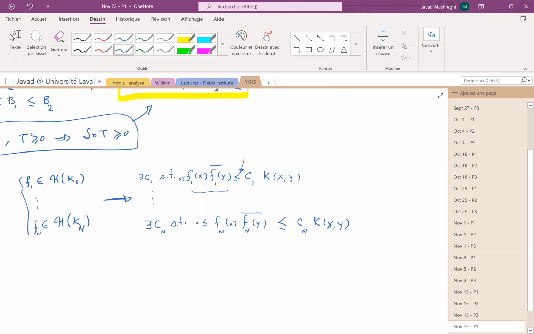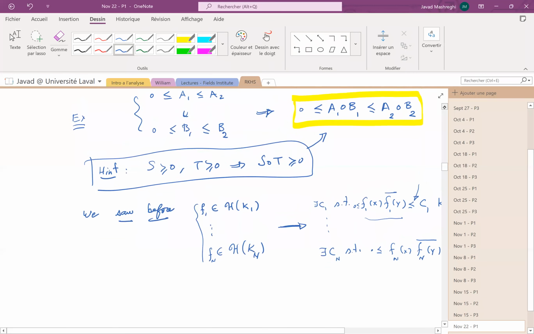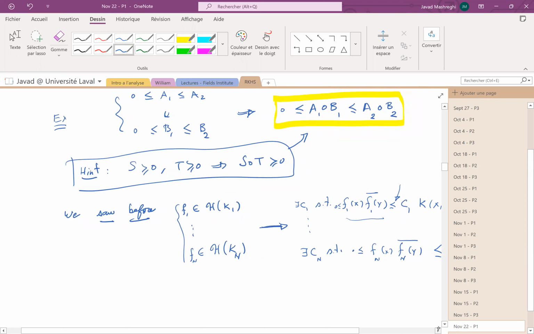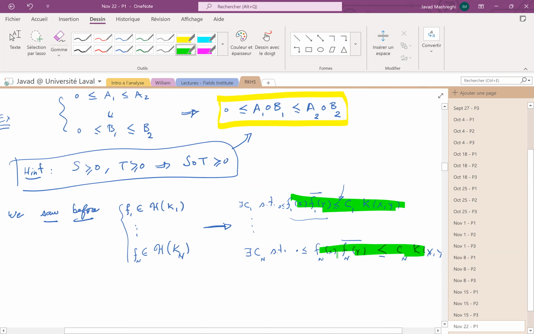But knowing this, now it's time to apply the Schur product formula here. If A1 is less than or equal to A2, all of them positive, the same for B1 and B2, then you can do the Schur product, do the Schur product to this, to the second one, and up to the last one. If you do the Schur product, you immediately see that, by exercise,